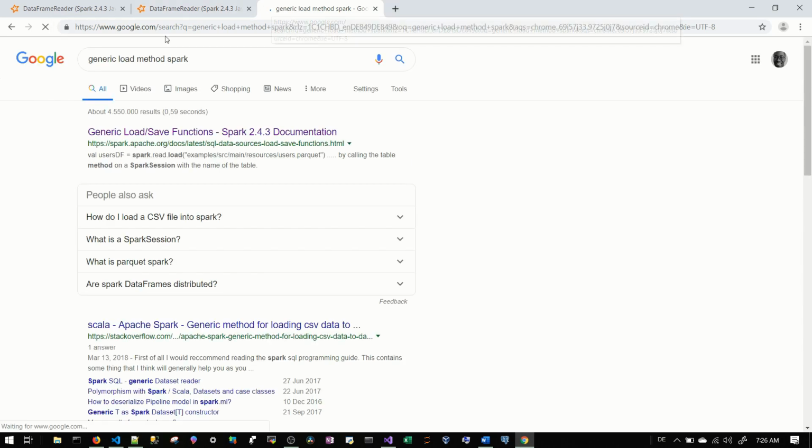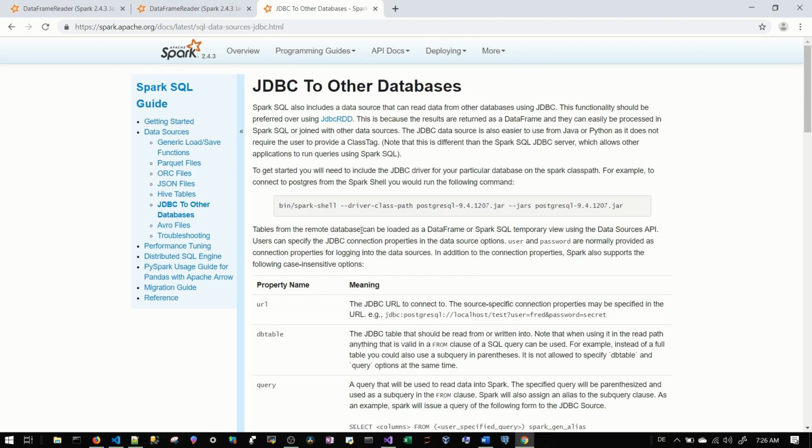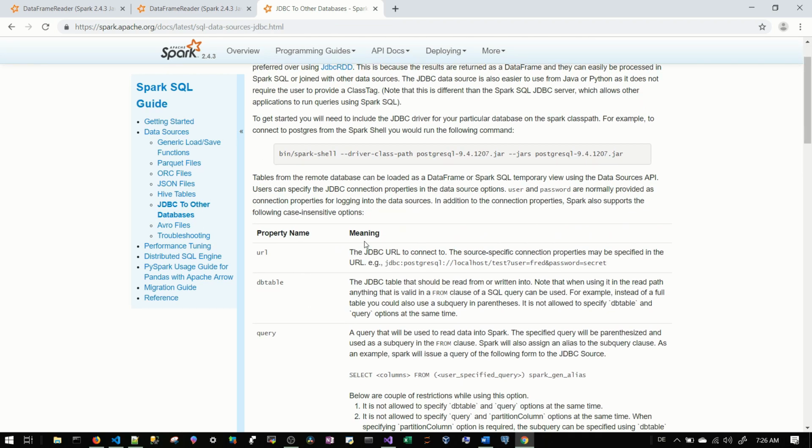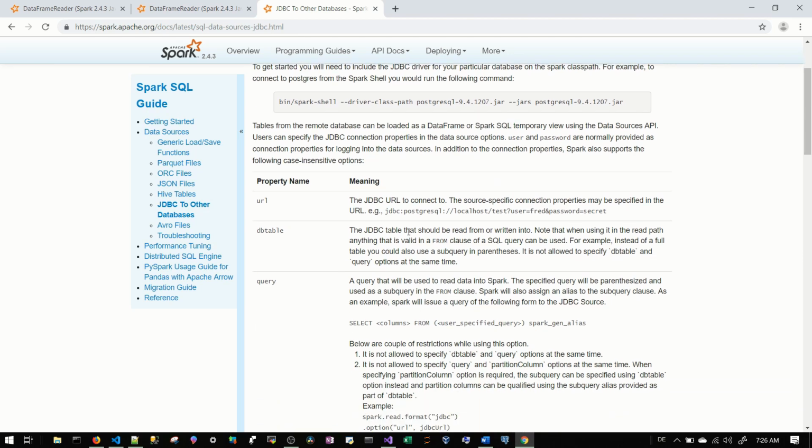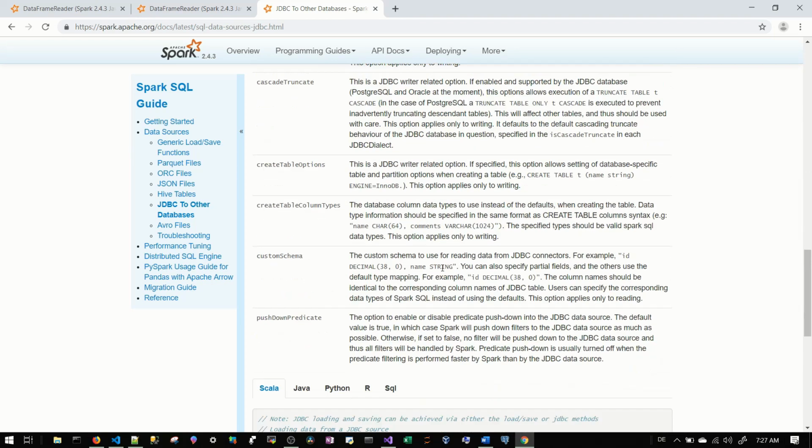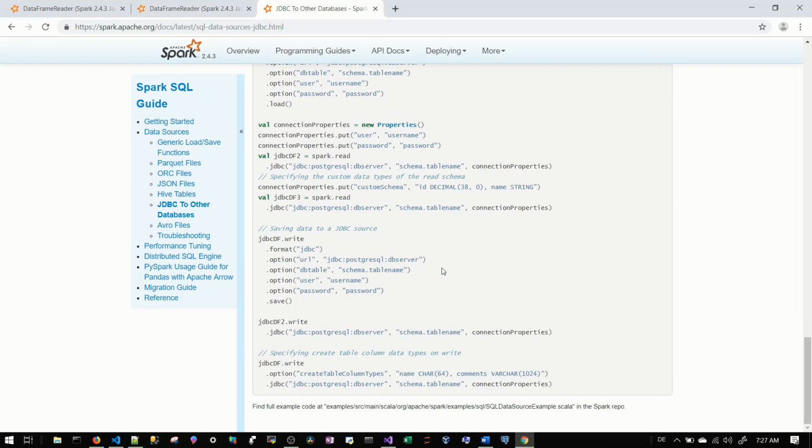Spark. We are looking for JDBC. So here you can read all necessary information. As you can see how to build the URL, and somewhere here they should have